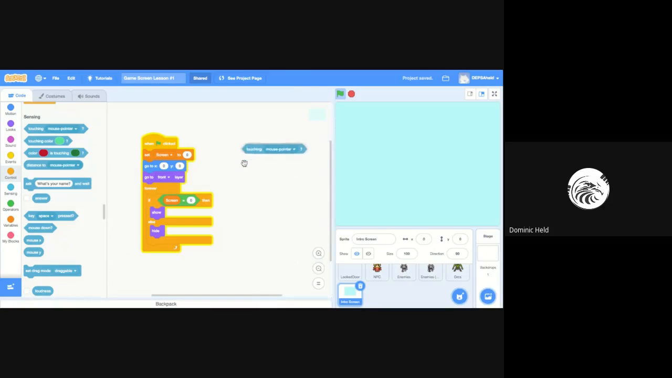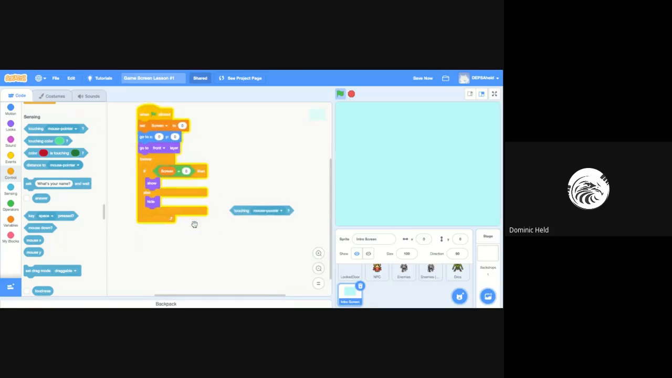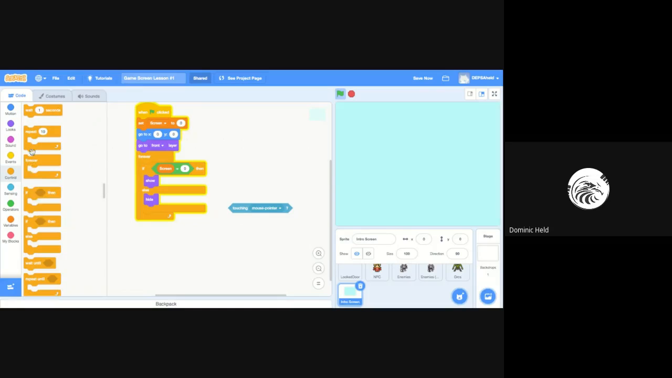Okay, so let's try this. Inside the forever loop, I'm going to bring in a new if statement. From control, I'm going to bring in a new if, just an if statement. So if we're touching the mouse pointer,